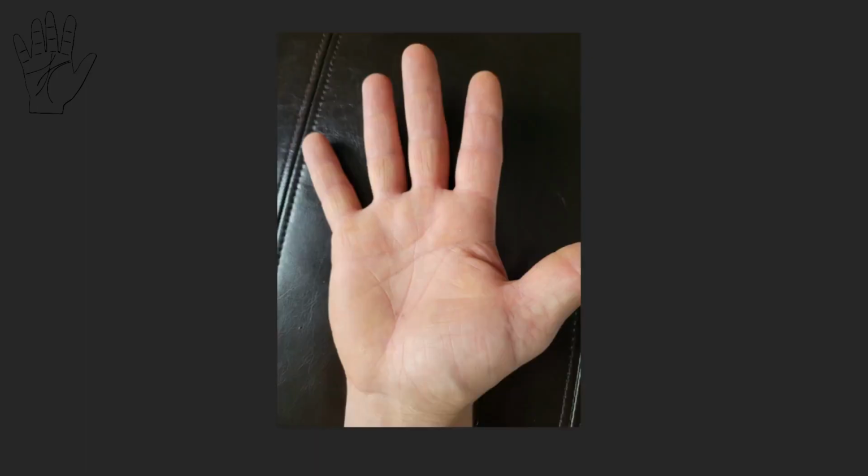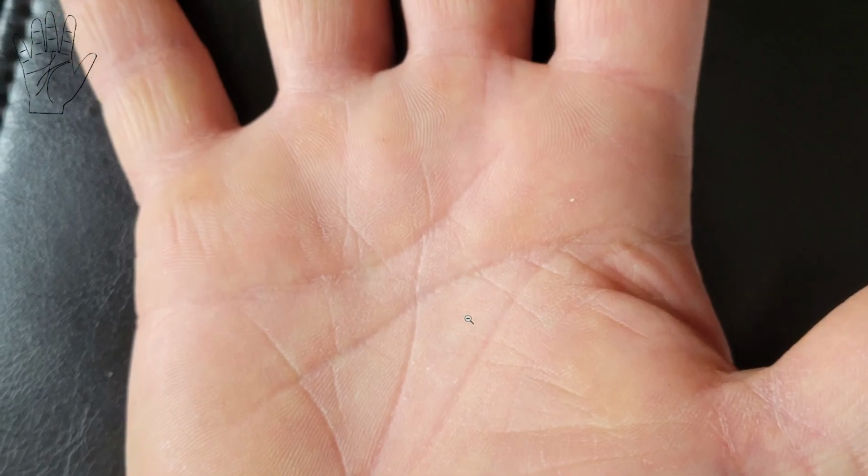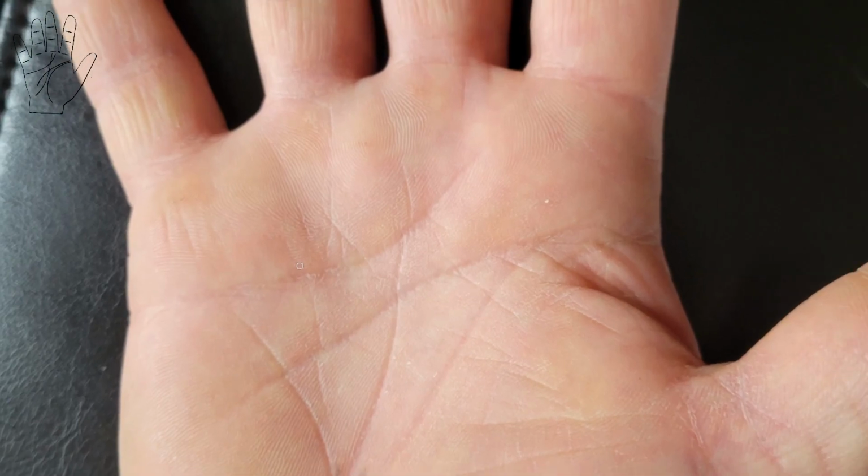I'll just take a look at the other hand images that the person has sent me so that I can arrive at the conclusion. Yes, there are a few branches that we were talking about. These are the branches, these are distractions. So this is in a minor way negative. If the heart line was longer with branches, then it would have been much worse. But because the heart line is short and because the person is very realistic and grounded, that's the reason why